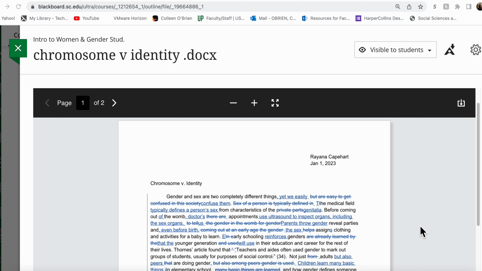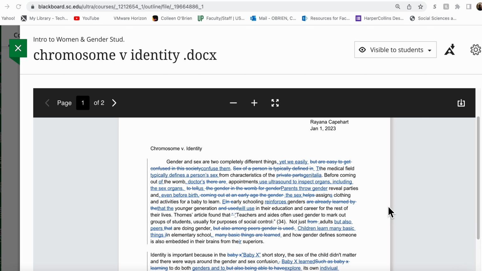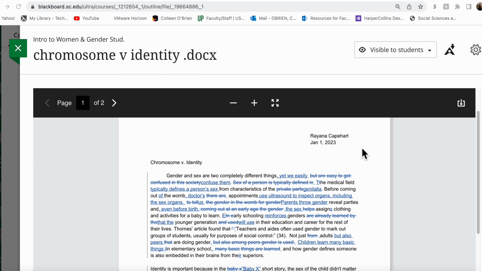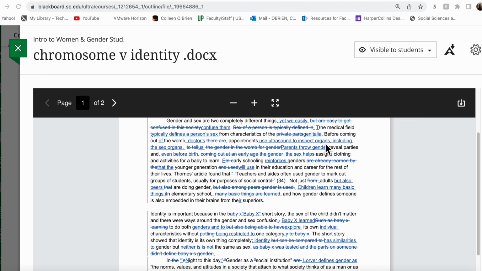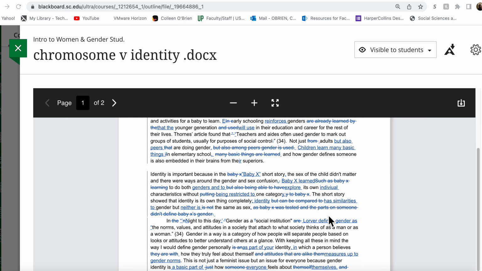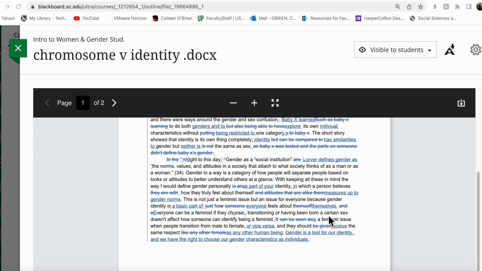Explain quickly what you will find in the folder for the first paper. This paper, for example, is a really great paper turned in on January 1st when I was teaching this class for winter term. I asked the author for permission, and she said I could use it and use her name. You'll notice that there are some cross outs and additions in it, and that's simply